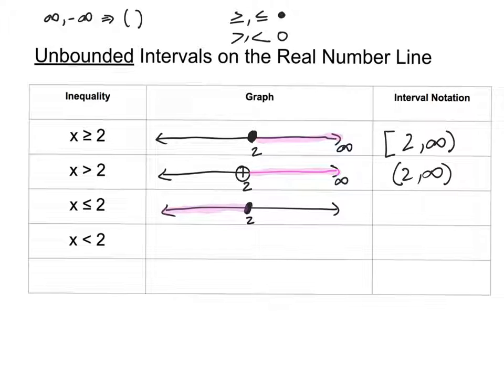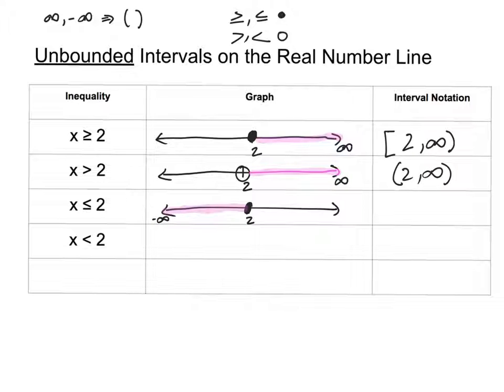Okay, so we notice it's pointing to the left on the arrow side. So that means it's heading towards negative infinity. So this is the part I want you to be cautious of. When you write this as interval notation, make sure you write this from negative infinity to 2 because remember,